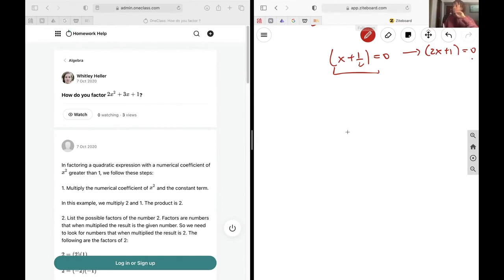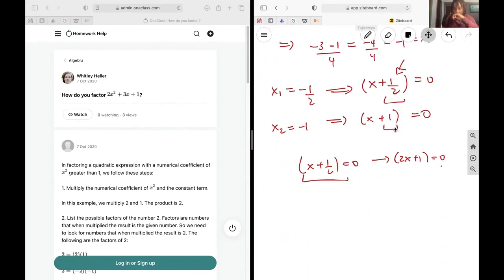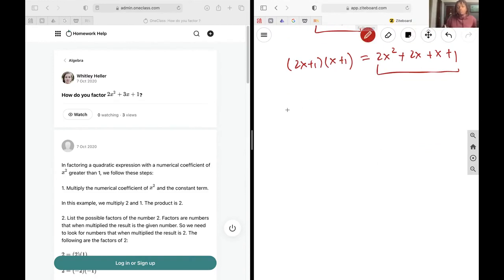Okay, and so for this third method, it's derived off of the quadratic formula, and what we're going to do is make use of it. So if you recall, when I multiplied these out, I got 2x squared plus 2x plus x plus 1. So what I'm going to do is try and get what I have into this form that's easier to factor visually without going through the quadratic formula. So when I have 2x squared plus 3x plus 1,